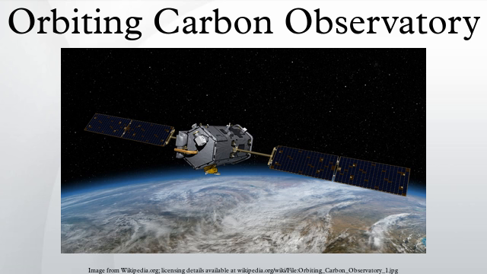The data is planned to improve the understanding of the global carbon cycle, the natural processes and human activities that influence the abundance and distribution of the greenhouse gas. This improved understanding is expected to enable more reliable forecasts of future changes in the abundance and distribution of carbon dioxide in the atmosphere and the effect that these changes may have on Earth's climate. The OCO spacecraft was provided by Orbital Sciences Corporation.